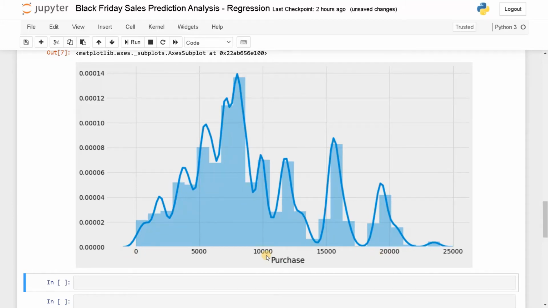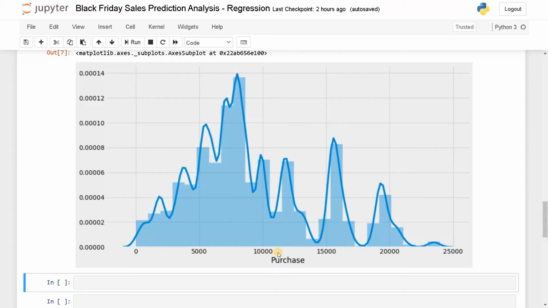So in the x-axis, we have the amount purchased, and in the y-axis, the number of buyers. So you can see here, there is a normal distribution. Here, a separate graph is forming. If you consider it as a whole, it's almost forming a uniform distribution. So there are not much of an outlier or anything.